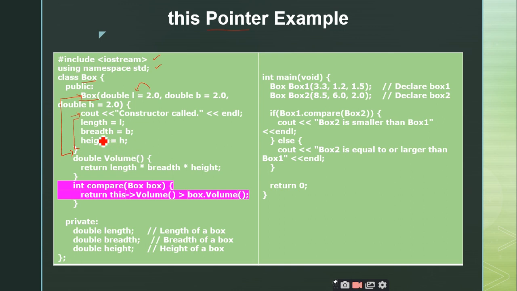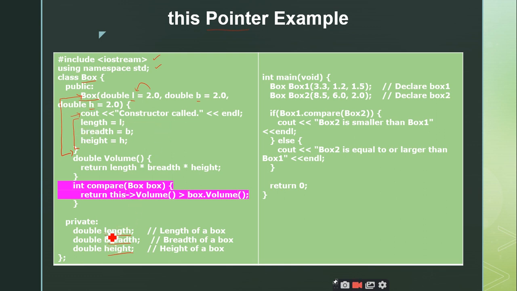Here you can observe that you are not using the this pointer. Why? Because the data members are given the names as length, breadth and height, but the parameters have the names L, B and H. Since there is a difference in the names of the parameters and the data member names, there is no need to use this pointer.